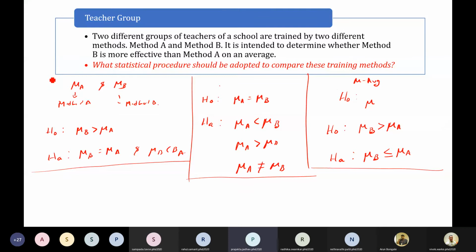It is said as on an average, but the question says which statistical procedure. So can we take CV as well, like coefficient of variation, which gives a more accurate value? Madam, we'll come to that part. Errors, coefficient of variation, whatever other technical terms and actual methods there are, we'll come to that later. This is a general discussion. We can take the error associated, then distribution, factor analysis. So many things will come, but let us not worry about those things now. So how do you state the hypothesis? That's all. Very simple question.